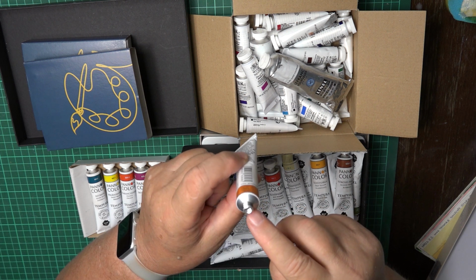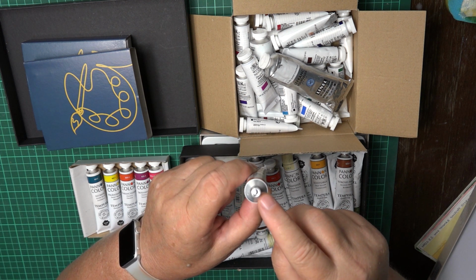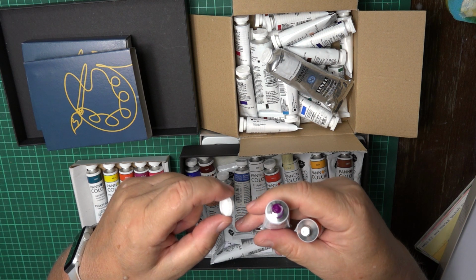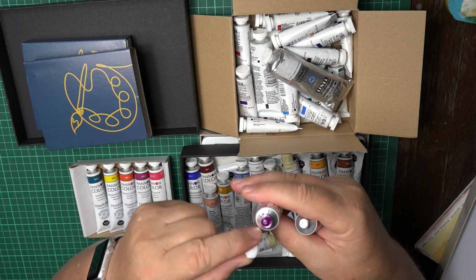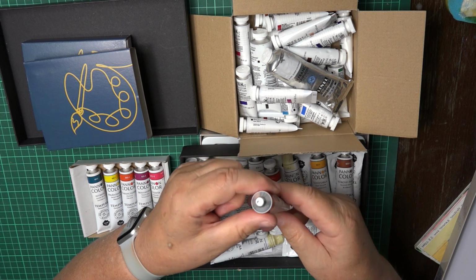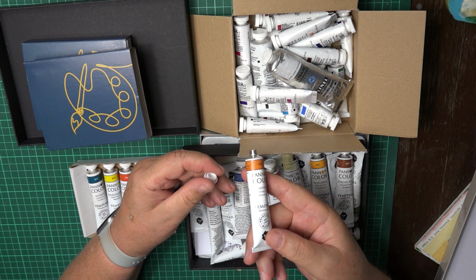There is a metal tube, and this metal tube has a metal seal. So when you buy a Winsor & Newton, which is a professional, very expensive paint, you cannot see a metal seal, so it is completely open. However, this PANNONCOLOR, again I tell you, is artist grade, so it is produced and sold for professional artists